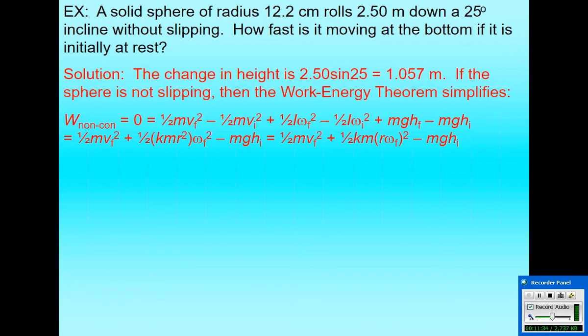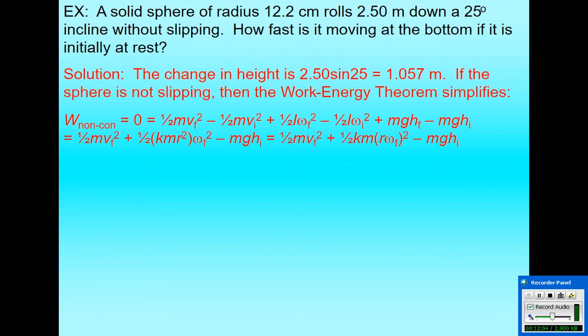And in the next equality, we take the r squared and the omega final squared and lump them together. In parentheses, we get r times omega final quantity squared as a factor in the middle term. I didn't change the first term or the last term, I just rewrote the middle term. The reason I did that is I want to take further advantage of the fact that this is rolling